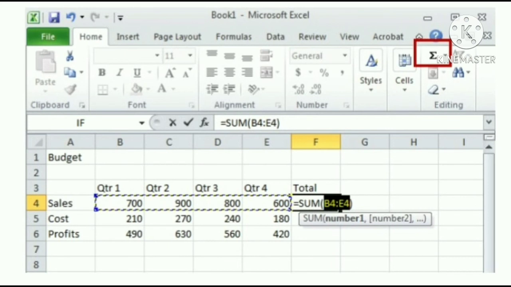To create the total column value using AutoSum, first click in the cell where you would like the total to be located. Second, press the AutoSum button on the home ribbon. The AutoSum function automatically looks for cells that have values in them. It will read values until it finds the first blank cell.